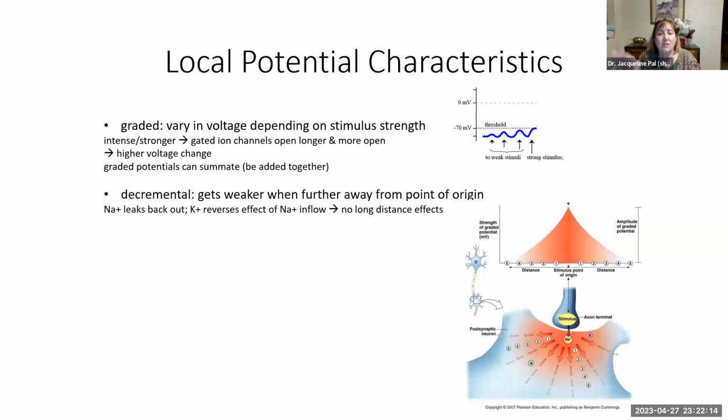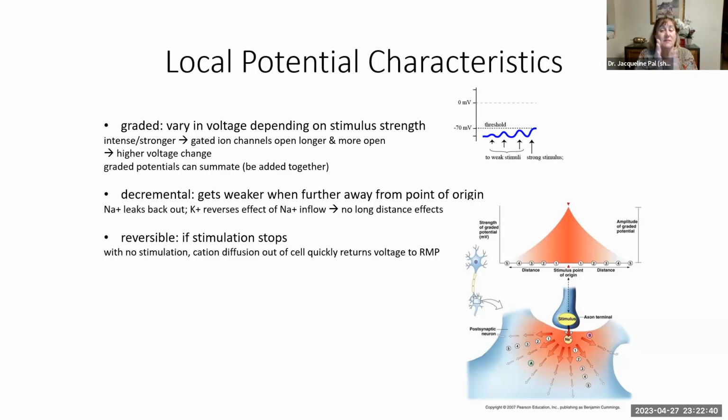The second of 4 characteristics is that they are decremental, meaning from the point of origin, that is the strongest. And the further out you get, the weaker they get. And this is because sodium is leaking back out and potassium's reversing the flows. And so eventually long distance, there's 0 effect that's happening. The third effect is if the stimulation stops, this is reversible. Okay, with no stimulation, the cations diffuse out of the cell quickly